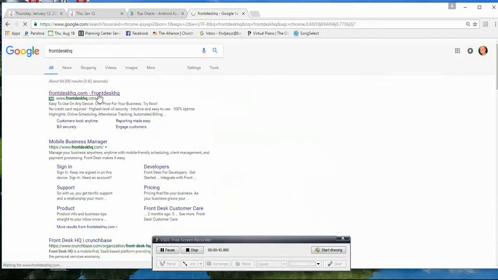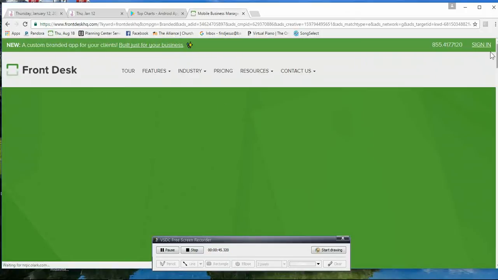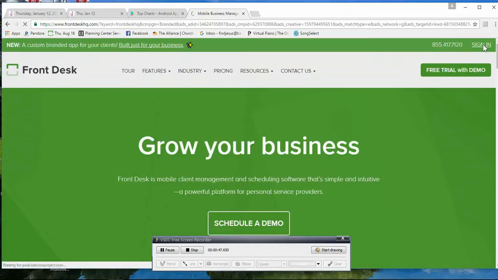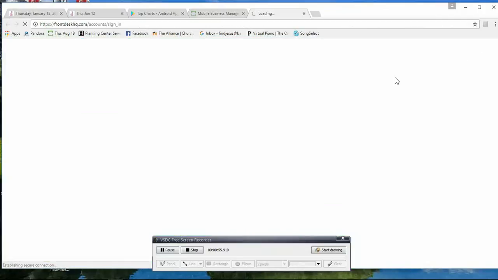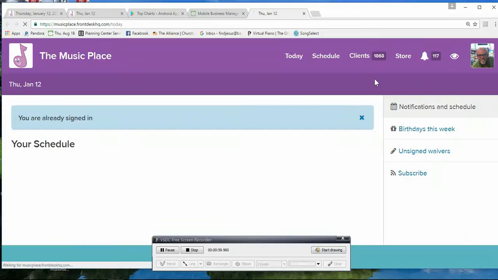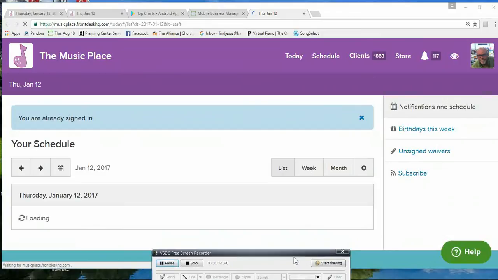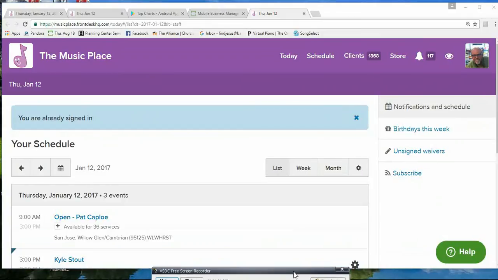Now I already have my login and my password set, so if I just sign in, then that will take me straight to the Classmate desktop. And fortunately for me, the default is set to today's